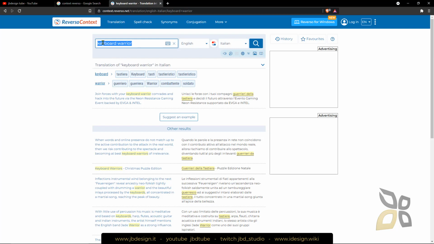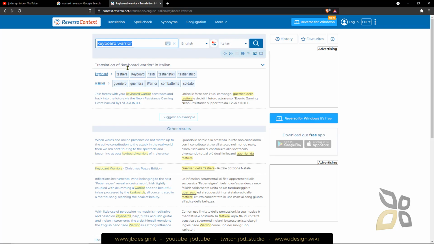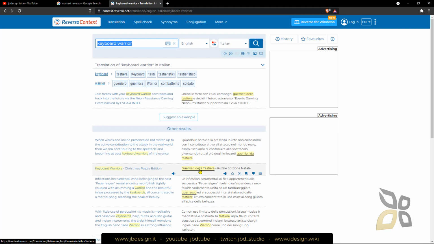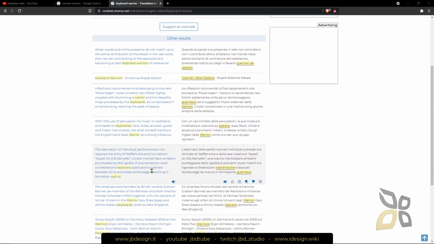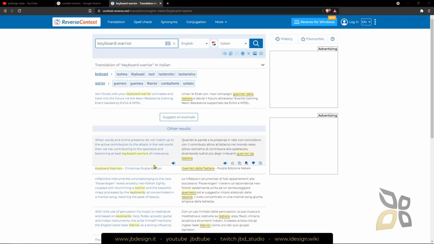Now in Italian you don't translate this automatically, which would be, well, let's make just a search here and let's see the results. Okay, keyboard warrior here is expressed with this term, but it's not really that. So I can suggest an example myself, and sometimes again these are like automatic translations. So we don't say that in Italian. We say, well, let's invert this. So in Italian we say leone da tastiera.